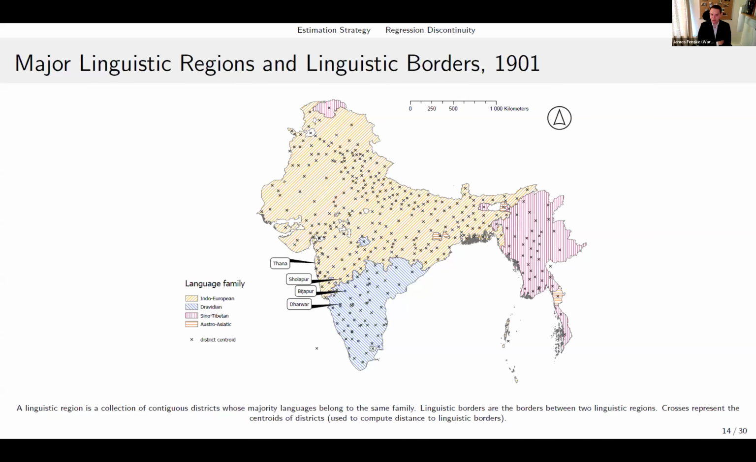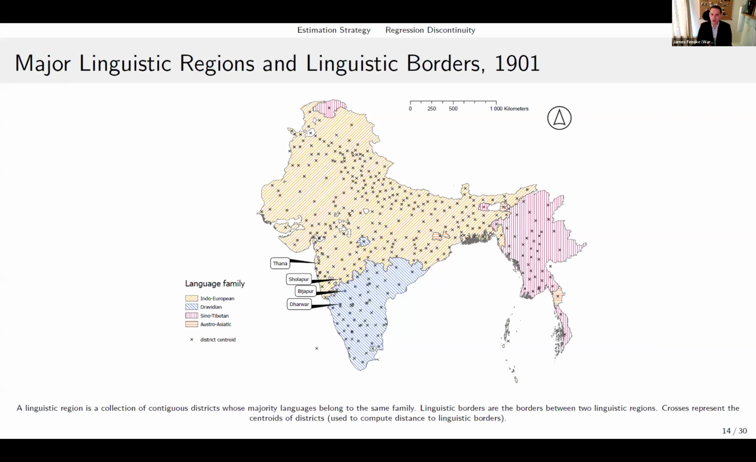So this is kind of the thought experiment we have in mind. I want you to think about Dharwad again. If you're in Dharwad, you could move to Bijapur, which is also Dravidian speaking, or for only a few miles more, you could move to Sholapur, which isn't. Flip that around. Imagine you're in Thana, just outside of modern Mumbai. You could move to Sholapur, which is also Marathi speaking, or you could move to Bijapur for a few miles more, but change the language. And what we're basically going to ask is whether migration falls off a cliff when crossing that blue to yellow